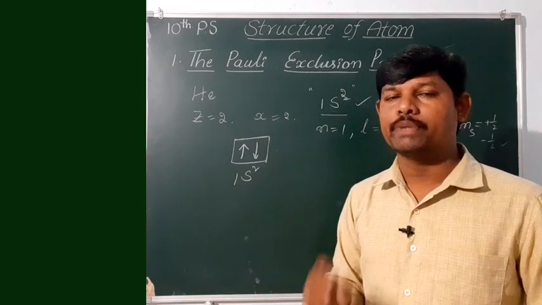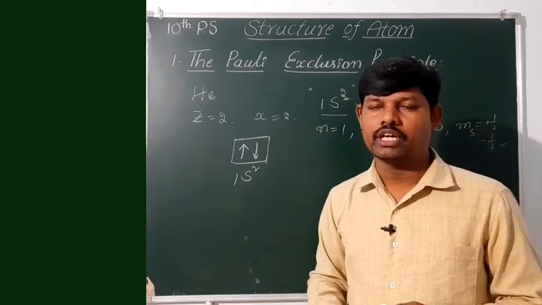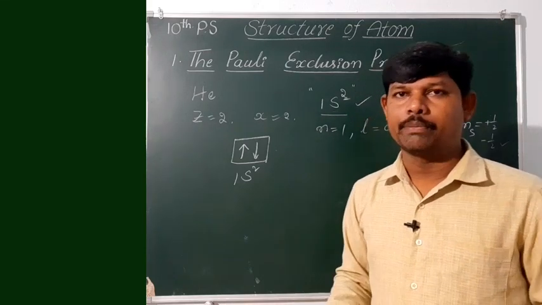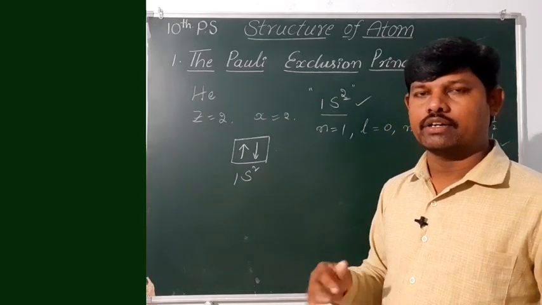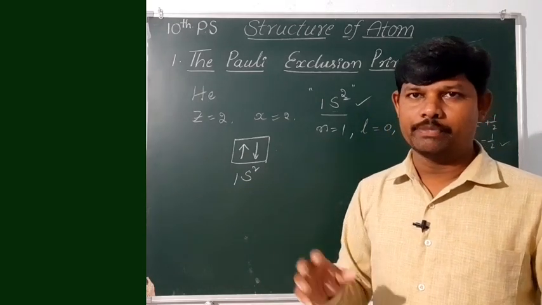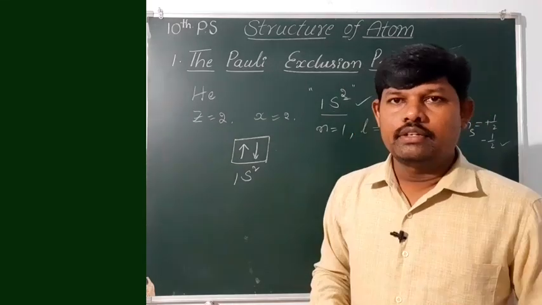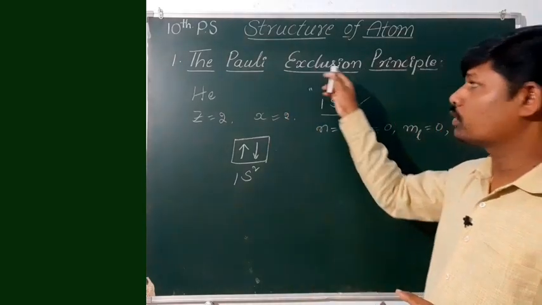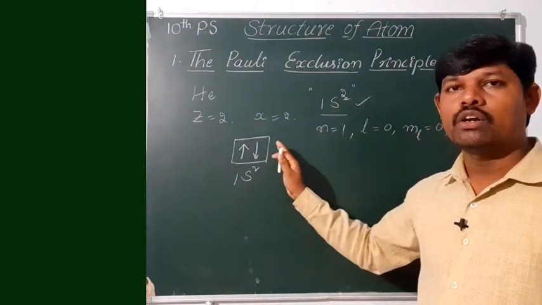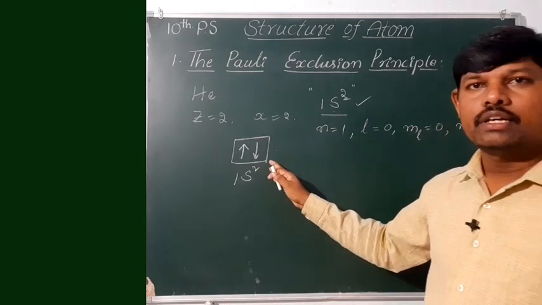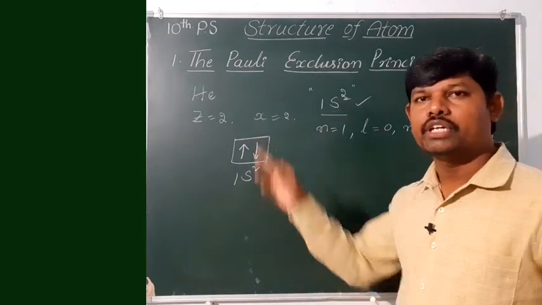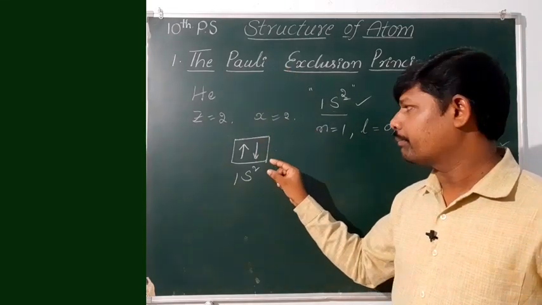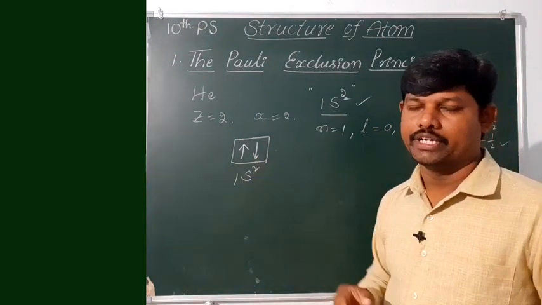That means how many electrons are present in an orbital. For example, we have s orbital, p orbital, d orbital, like that. Different orbitals are there, and suborbitals also. In each orbital, how many electrons can be present? So how to decide? The major consequence of the Pauli's exclusion principle is orbital occupancy. That means the main result of the Pauli's exclusion principle is how many electrons can be present inside an orbital.